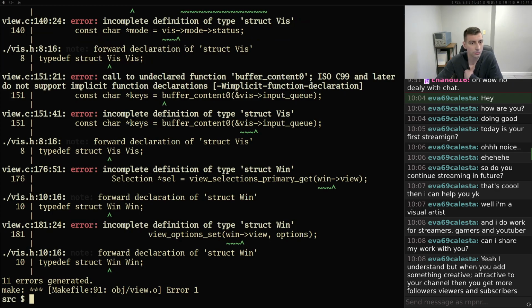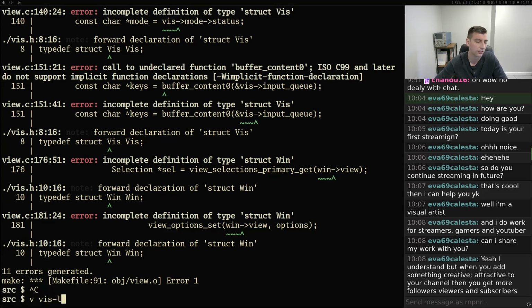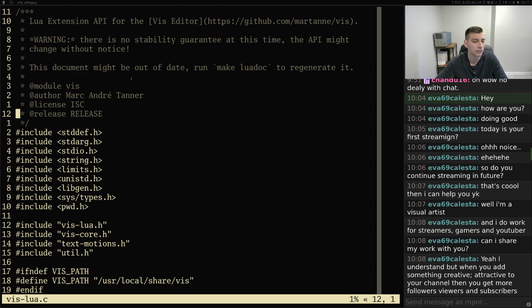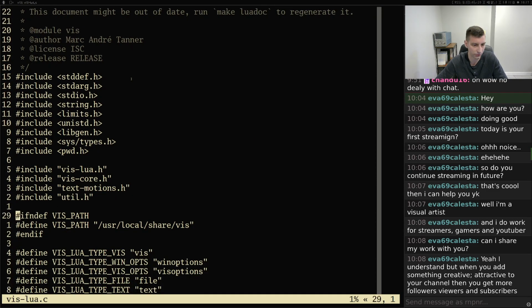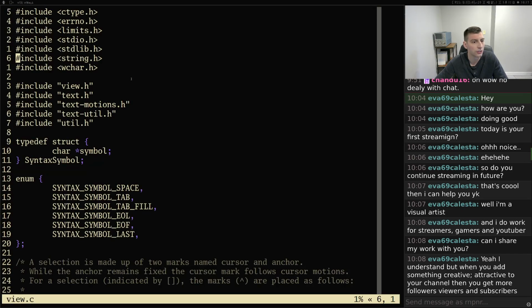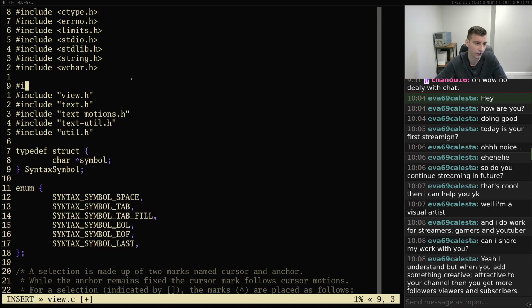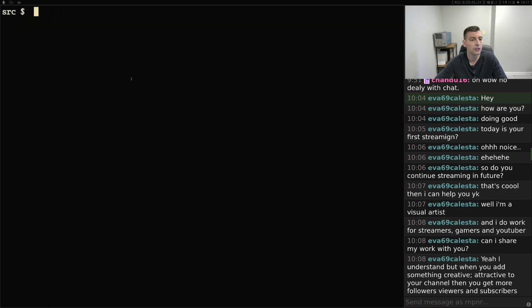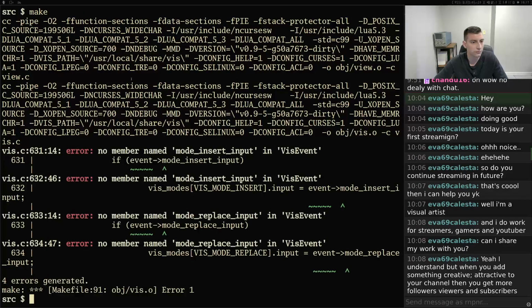So, yeah, so I can't see that. Why could Lua see that? What was Lua including differently? Because it includes this core and View doesn't include this core. Yeah. Well, I'm not the biggest fan of doing this, but we'll just do it anyways. Okay, so